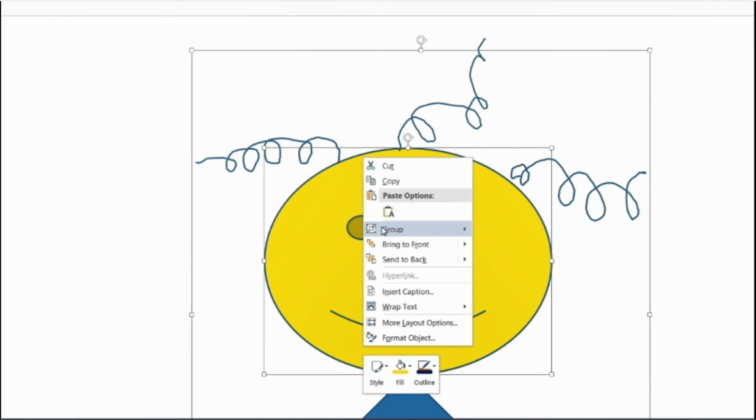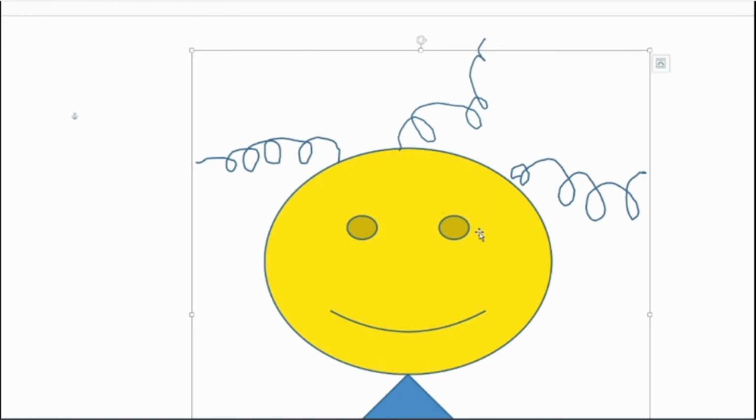Now if you have to group, you will select every shape you have taken. The 3 hair strands we have taken, you select those. Smiley's face you select and neck you select. After selecting, right click, and you will have a group option. From the group option, again you get the group or ungroup option. This time we want to group it because it is already ungrouped. So you will click on the group option.